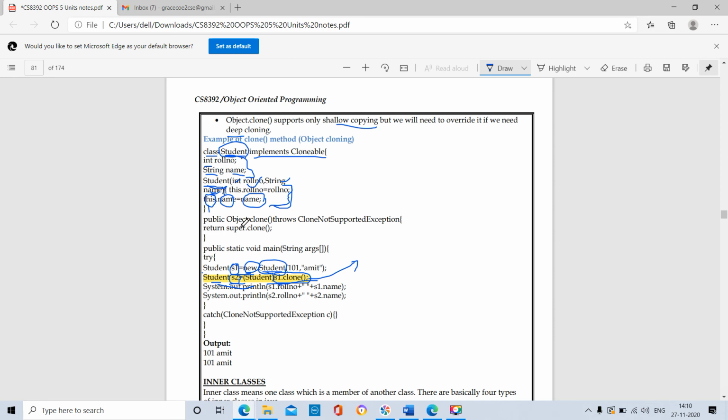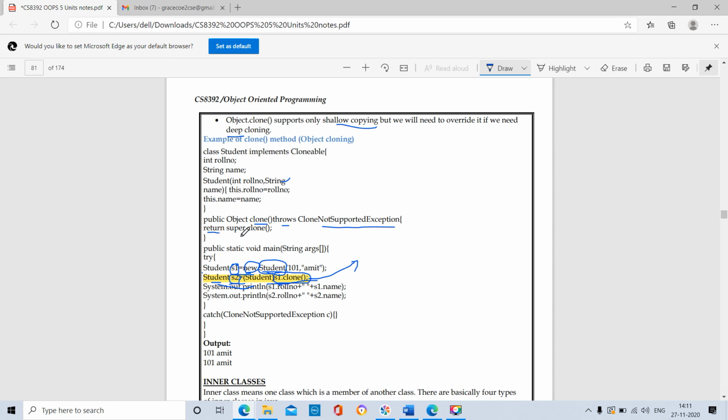Now we are moving to the clone method. Public Object clone: Object is the class, clone is the method, and it throws CloneNotSupportedException. Exception means error. Using the open curly brace, we return super.clone.